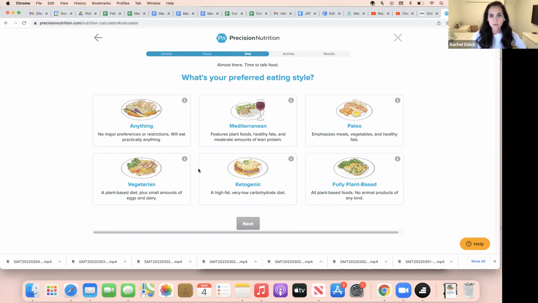Okay, so there's different ways that we like to eat. So I'm an anything type of person. I eat anything. We could do Mediterranean, we could do paleo, vegetarian, ketogenic. So that would be super low carb, fully plant-based. This isn't going to affect your